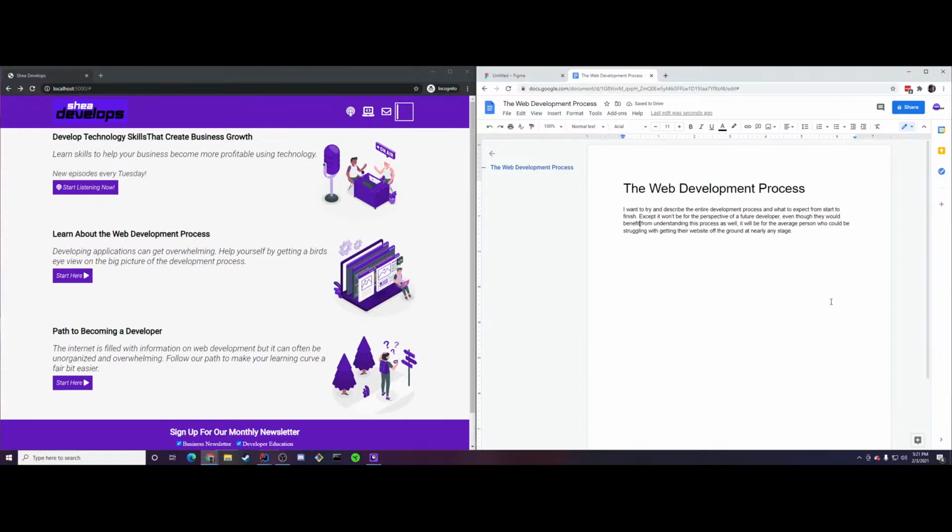I want to try and describe the entire development process and what to expect from start to finish. It won't be from the perspective of a future developer, even though they would benefit from understanding this process as well. Okay. For the average person who owns a business,